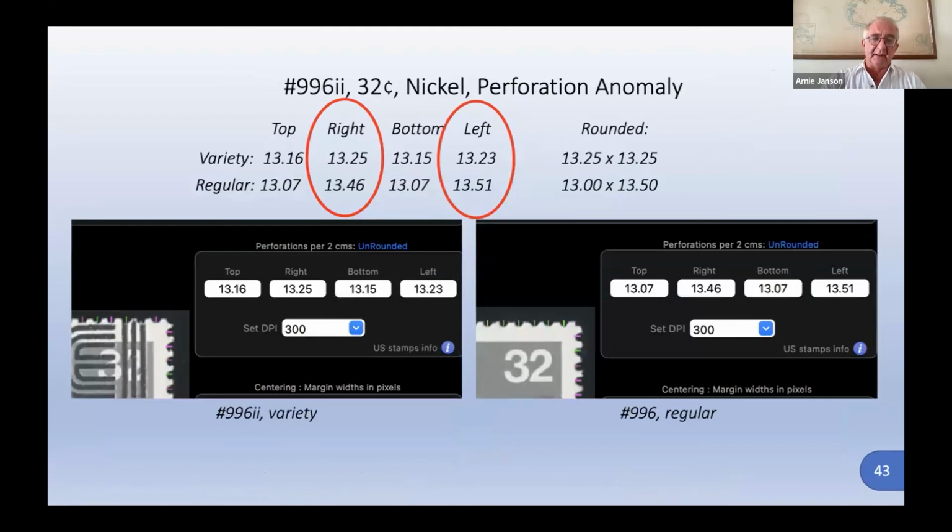But interestingly, this is a fascinating thing. When I did it, the variety, the tops and the bottoms were fine, but I had suddenly now a quarter of a perforation difference between the variety and the regular. This one rounded out at 13.25 each, and the actual published is 13 by 13.5. So how is it